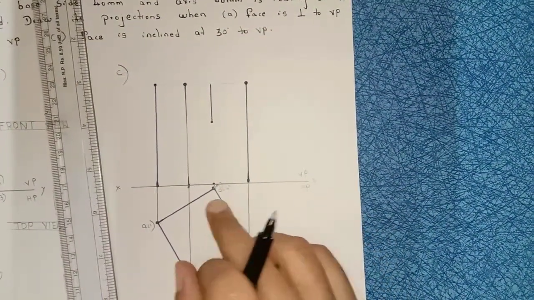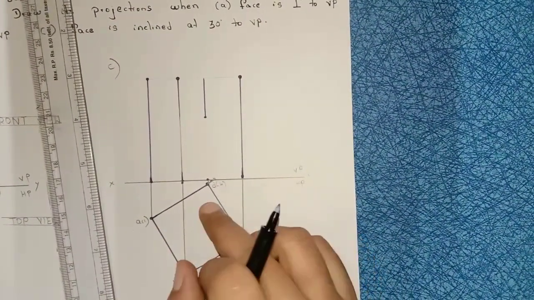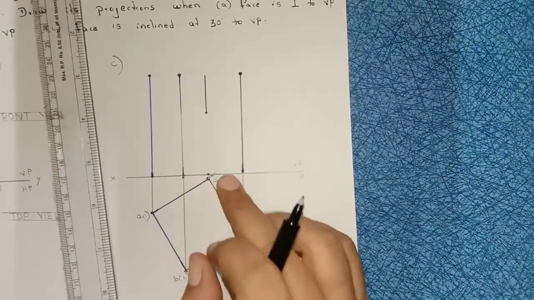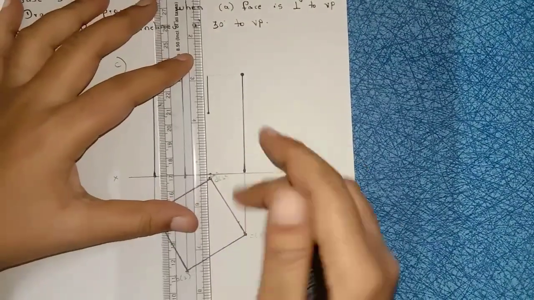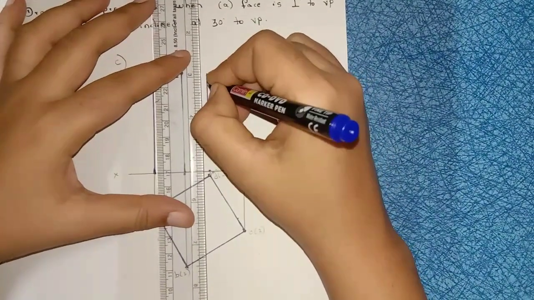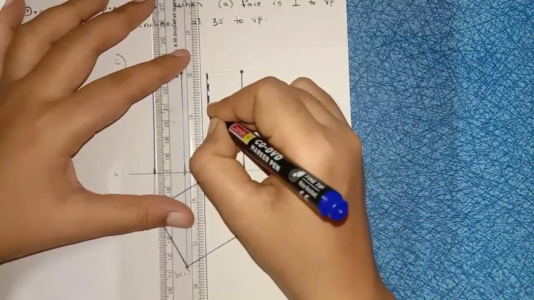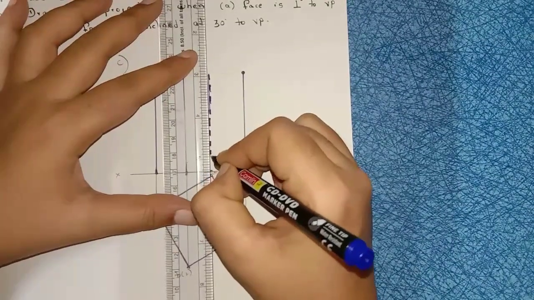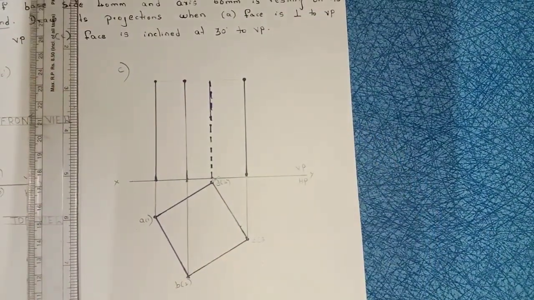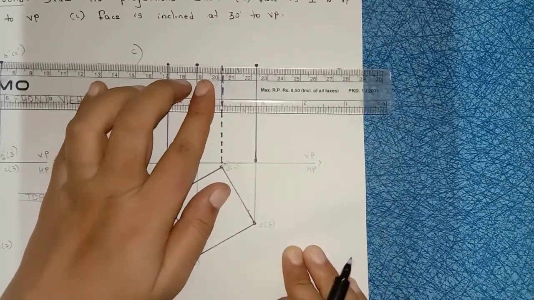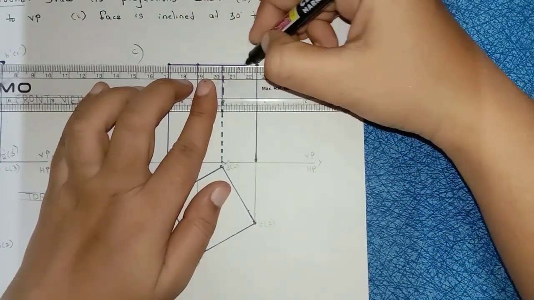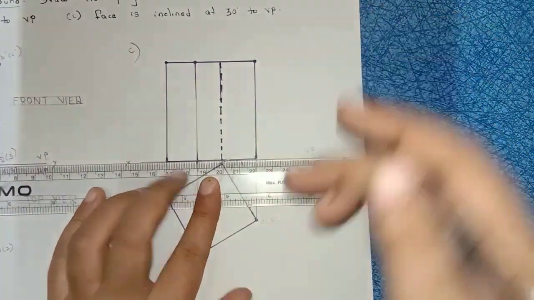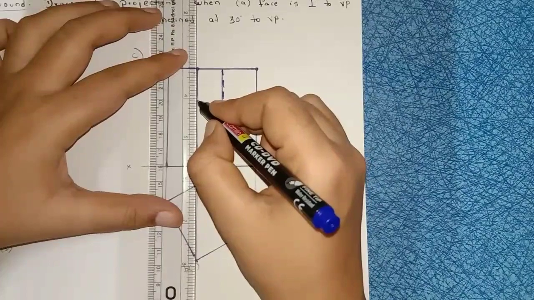Now you see here, this is the square and this is the back portion of the square. So when we are seeing from the front view, we can't see the back portion, no? So this should be dashed lines. You have to construct dashed lines here. Hidden part, no? So we have to construct with dashed line here, right? Then next join this one. We can't see the back side, no? So that's why I am drawing dashed line here. Right?